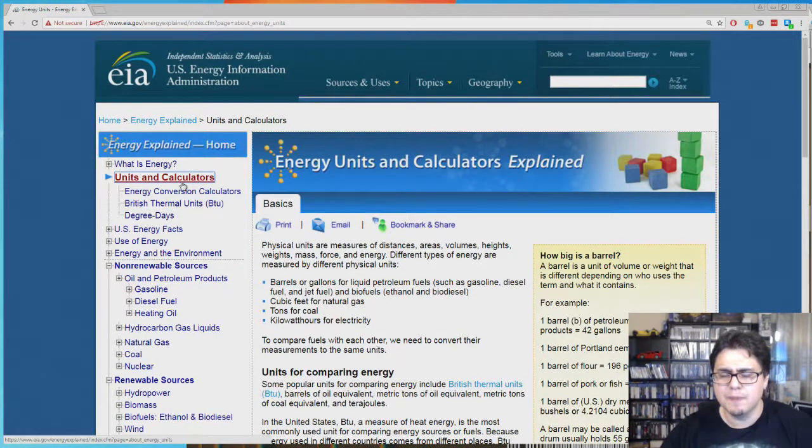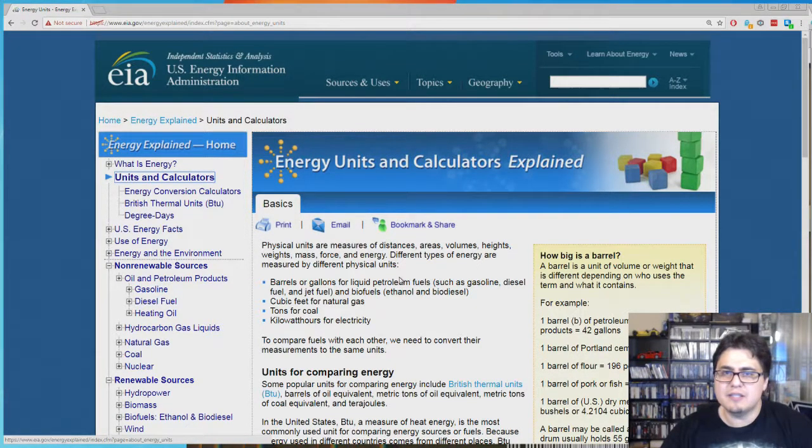Mainly the units, because now we kind of have an idea of the energy sources and where they come from, and kinetic energy, potential energy. But now we gotta actually start putting numbers to this. We gotta say how much energy does oil have? How much energy does natural gas have? How much energy am I putting in my car when I go fill up the gas tank, right? We have to put some type of measurement to this.